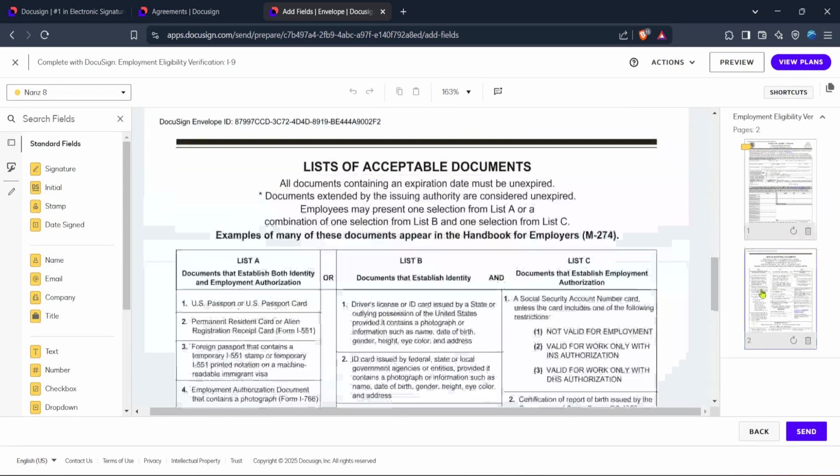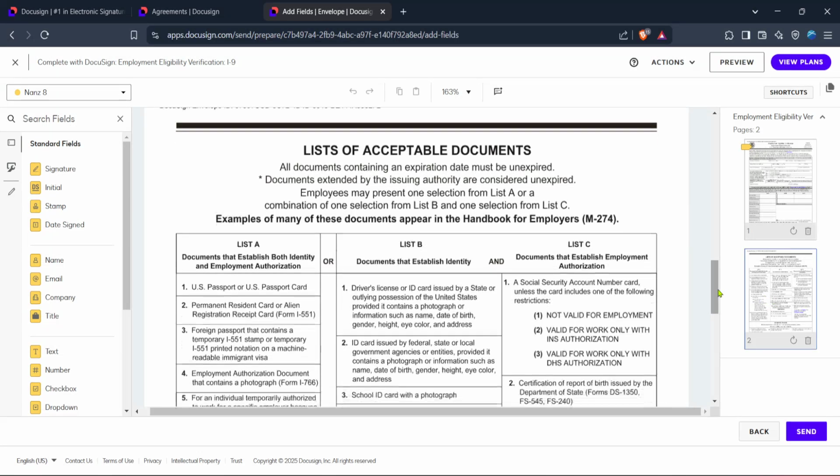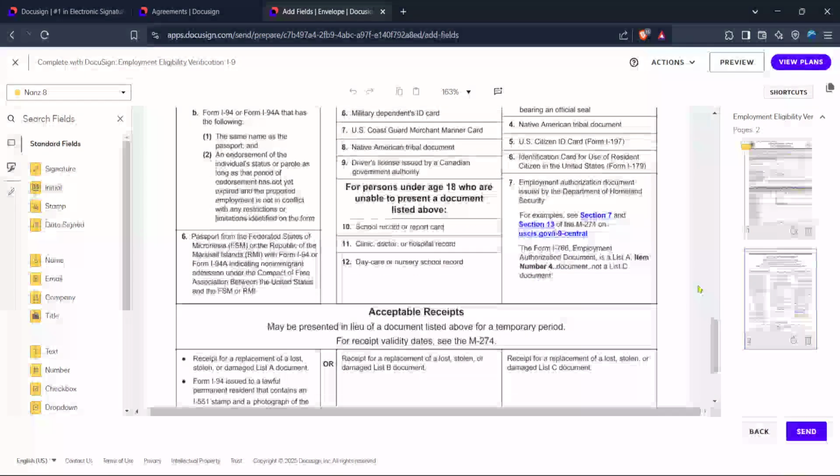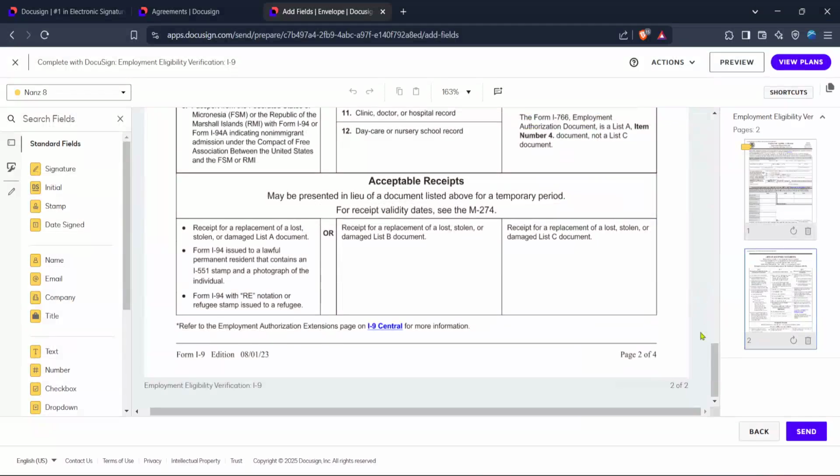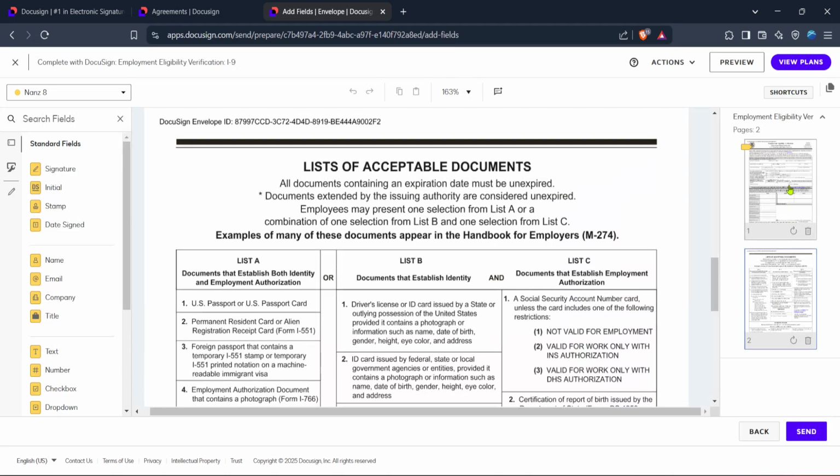to engage with. And that's it. You've now tagged multiple pages in DocuSign and you're set to send off your document. By following these steps, you're ensuring a smooth and efficient process for yourself and your document recipients.